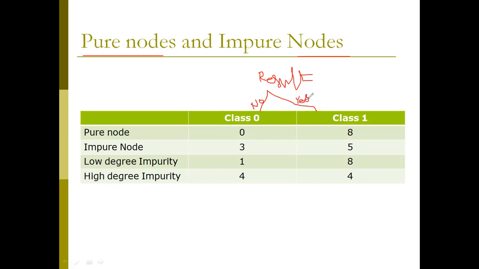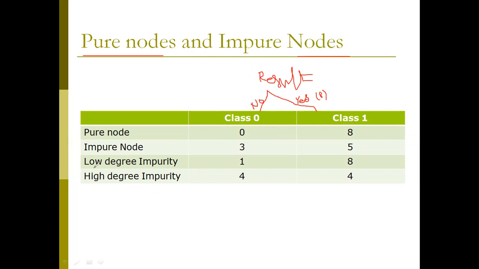If you consider an attribute called result, this result attribute may have two class labels. One class label is no, or it may be fail, or it may be class 0. It can be represented by using any one of these. The other class label is yes, which may be pass, or you may call it class 1. These are the two class labels of a result.